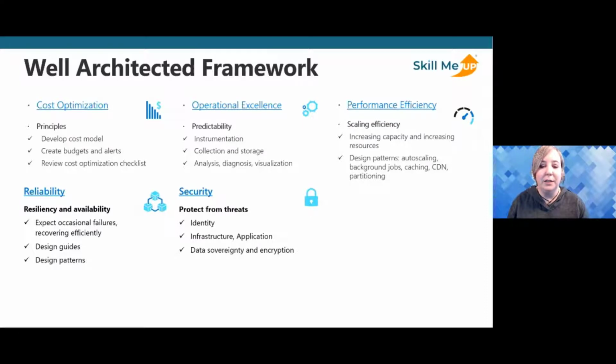Reliability is another pillar in the framework, and it really focuses on resiliency and availability. So despite all the abstractions that going to the cloud helps with, workloads on Azure still live on hardware, and we do still have to plan for what happens in the event of a failure, right? So you'll think about building out applications in environments where maybe you'll build out an availability zone.